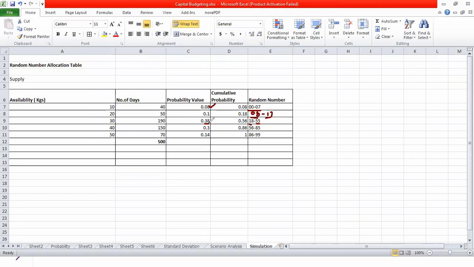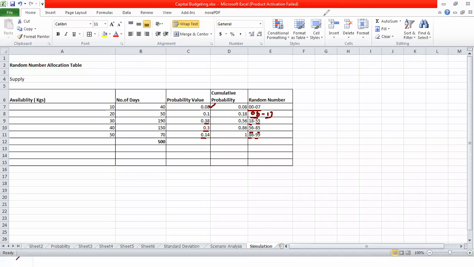If you count from 56 to 85, you should get 30. And if you count from 86 to 99, you should get 14: 86, 87, 88, 89, 90, 91, 92, 93, 94, 95, 96, 97, 98, 99. So this is the logic for